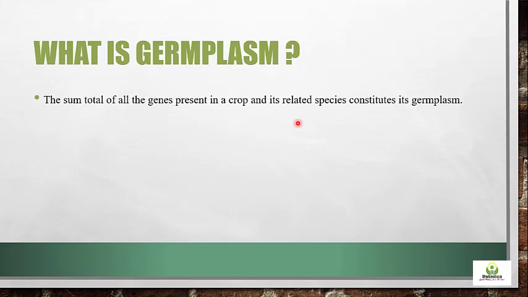So we conserve the genetic material of its nearly related species, because if we lose the genetic material of that particular species, we can use the genetic material of these related species to somehow constitute that particular germplasm, and make it